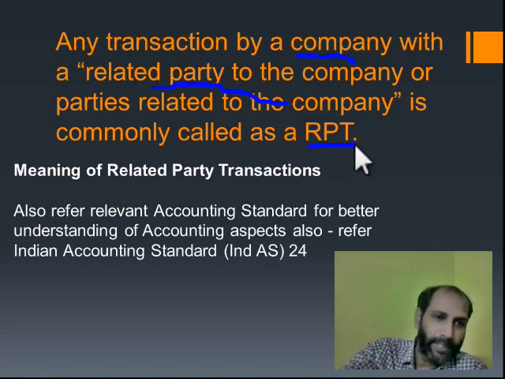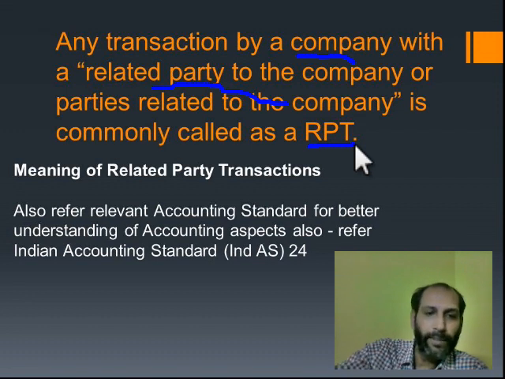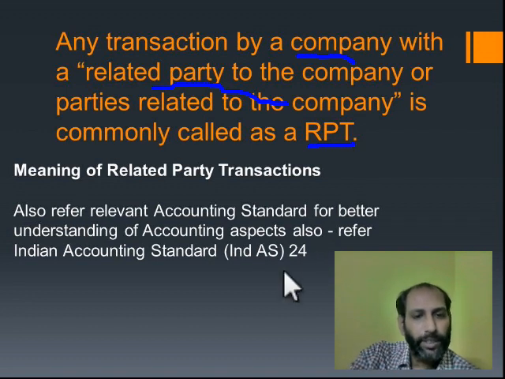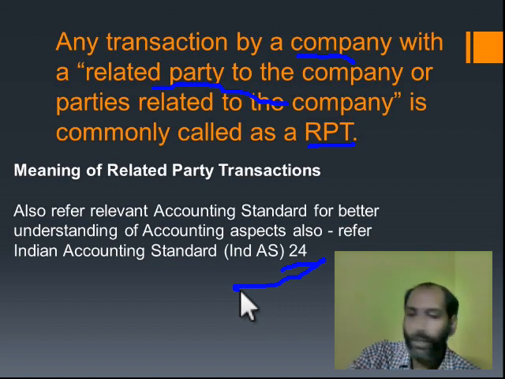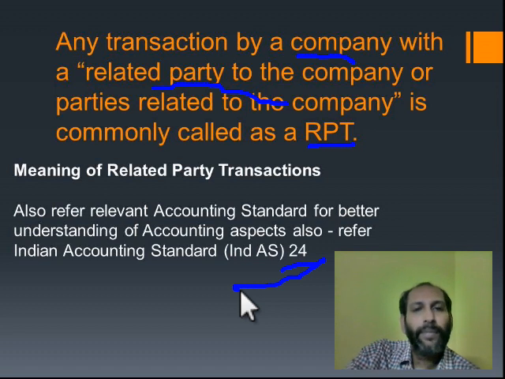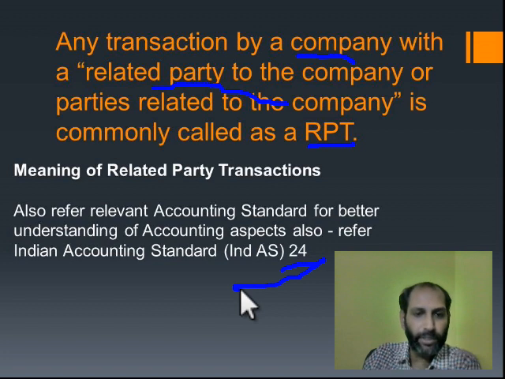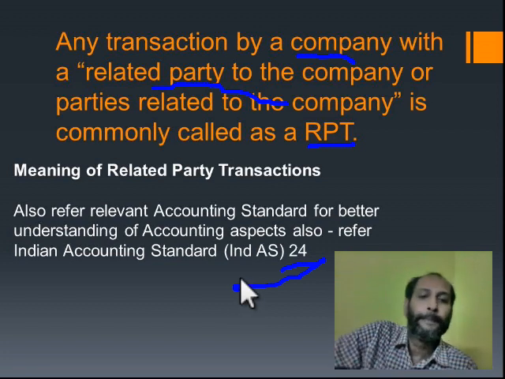So two sides, one is the company. For example, a contract has been entered into by a company with X, but this X is related to the company. We will see what that relation is soon. I would advise you to refer to the accounting standard applicable to related party disclosures. I think the relevant one is AS 24, and earlier it was AS 18. So this is the meaning of related party transaction. Any company in its course of business may enter into transactions with parties which are related to the company. That is why the law makes some disclosures and some approval systems for that. Now,